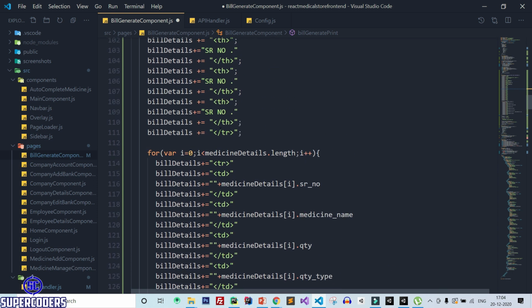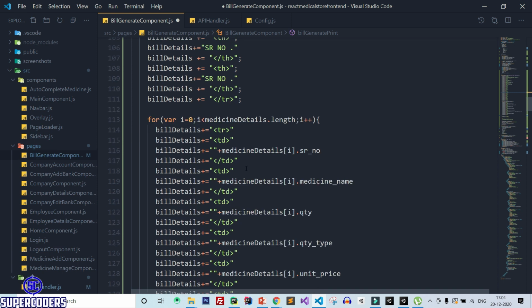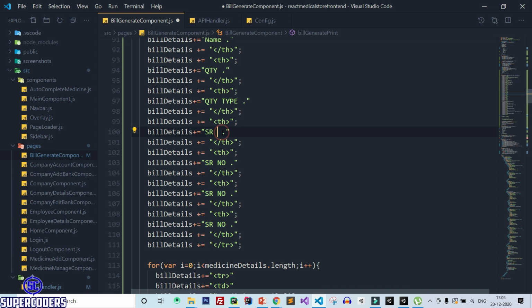Name, after that quantity, type, then next is unit price.